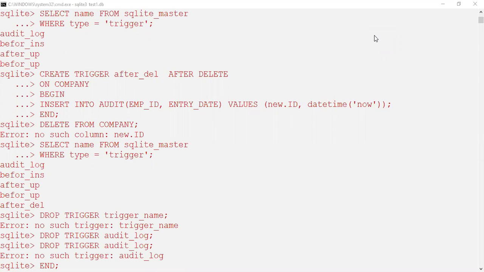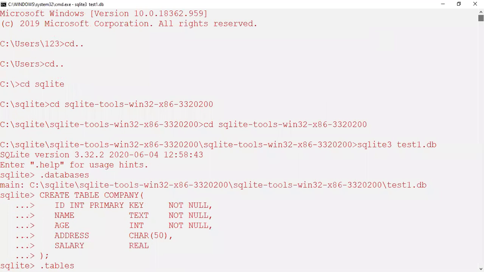Today we will see a very important topic, SQLite triggers. So here we have the concept of SQLite triggers. Firstly, we have to set the path as we have done usually in previous videos as well. So this is the way of setting that path where we have that SQLite application as well as that test1.db given database file. Now, after that, firstly, we just create table company and have these columns: ID, name, age, address,